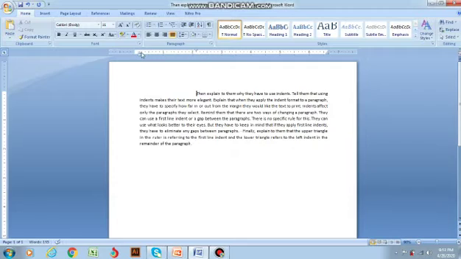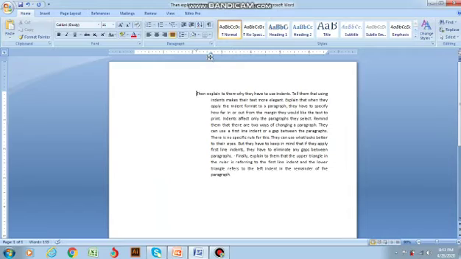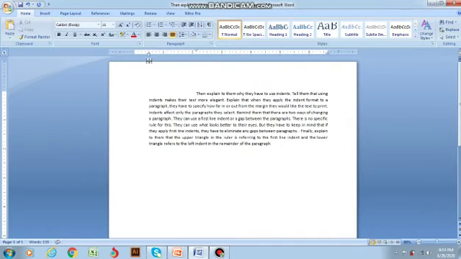Similarly, if I move the second line, I would call it the lower triangle. The lower triangle is known as hanging indent. It deals with the rest of the lines. All these lines are in control of this hanging indent. Just see, it has moved the rest of the lines, but not the first line. Except the first line, it moves all of the paragraph lines.